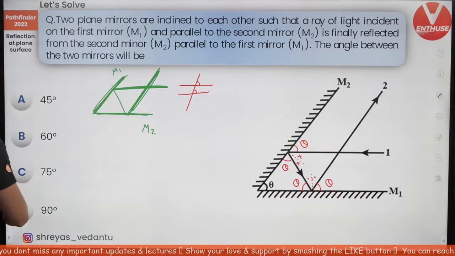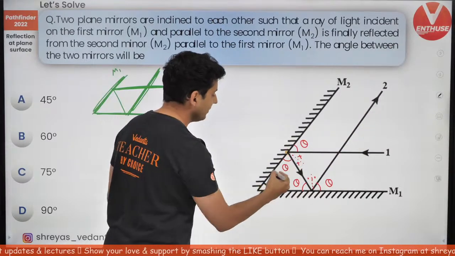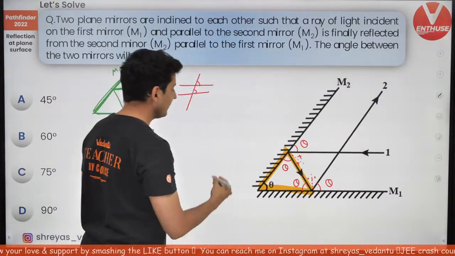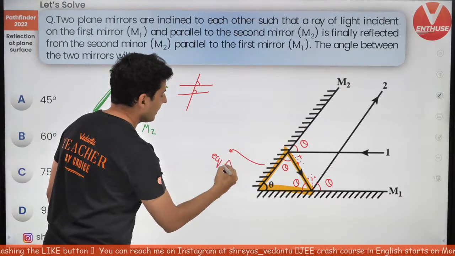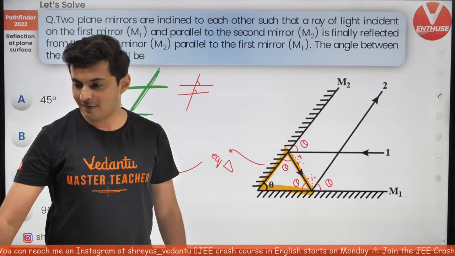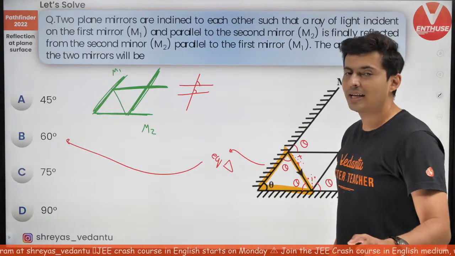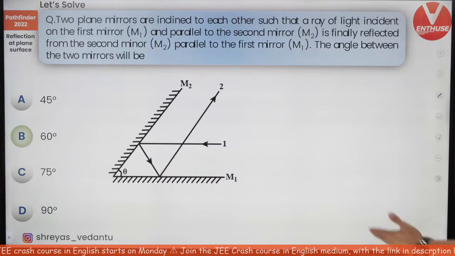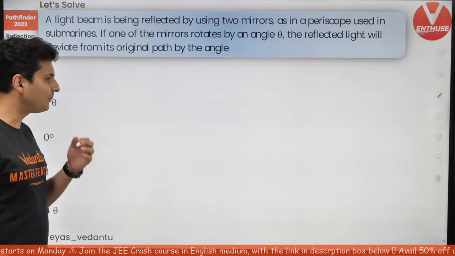What do you see, guys? Do you see a nice equilateral triangle right over here? That means what should be the answer? It should be 60 degrees. So this is obviously an equilateral triangle, hence the angle should be 60 degrees. Theta is 60. Fair enough. Very good. So completely based on geometry. That's why the chapter's name in many books is also geometrical optics. Beautiful question. Moving on to the next question coming up on your screen now.